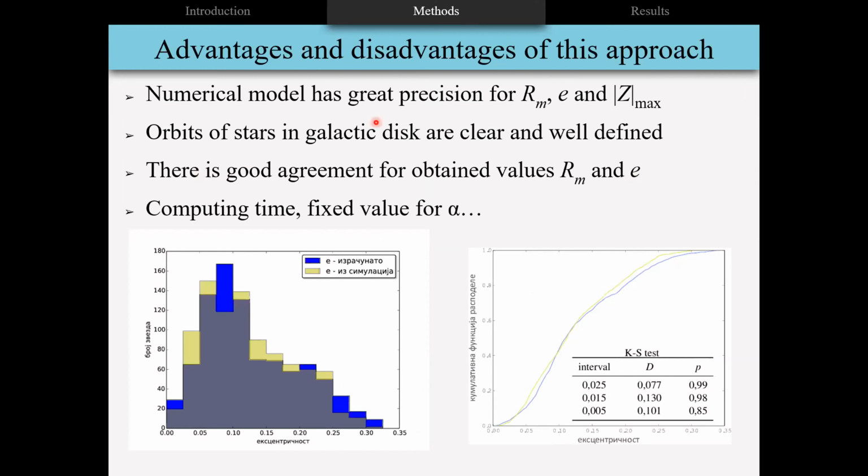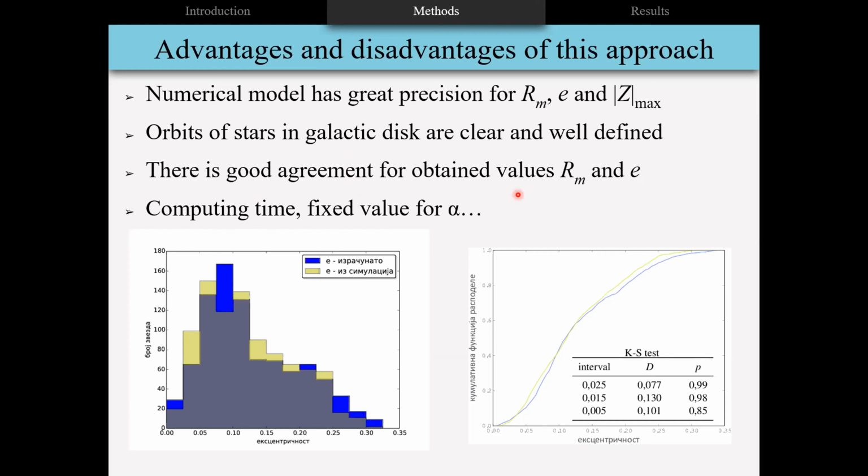But on the other side, you are using a lot of computing time, and it is possible to do on smaller catalogs. But if you try to do this procedure with calculating orbits on much bigger catalogs, like for example Gaia, which currently has data for 7.2 million stars with the radial velocity and everything that is necessary, but in the future they say that the final release will have 150 million stars. So in case you want to calculate orbits for 150 million stars, you would need a very powerful computer.